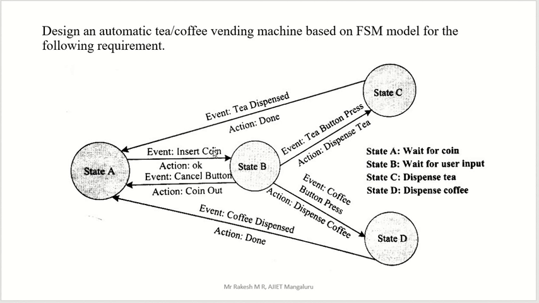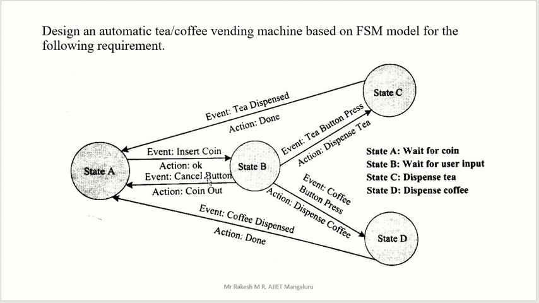Now consider you are adding a coin, and suddenly you don't want tea or coffee or anything, you want to cancel. If you cancel that option, that is the event cancelled. You added the coin, then suddenly you cancelled before selecting tea or coffee, you pressed the cancel button. At that time you again come to wait for coin, and the coin will come outside because you did not choose anything, right? So the coin will come outside.